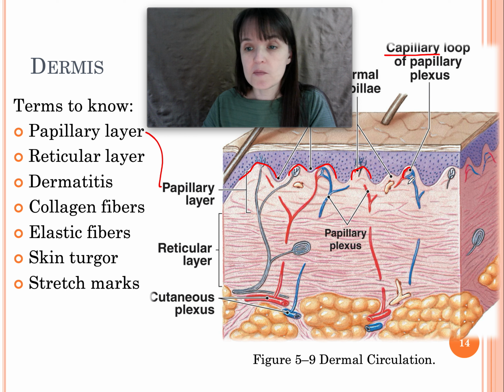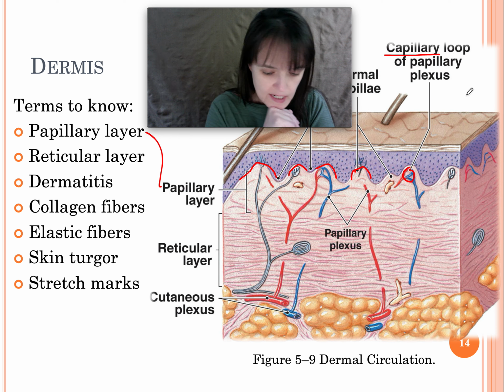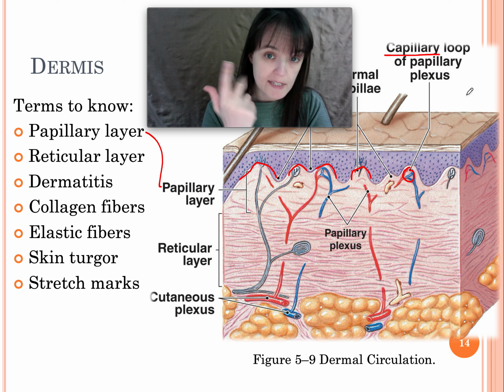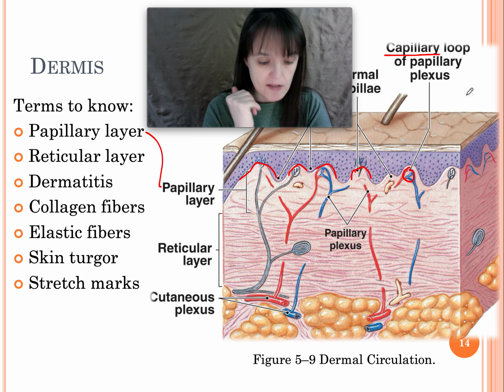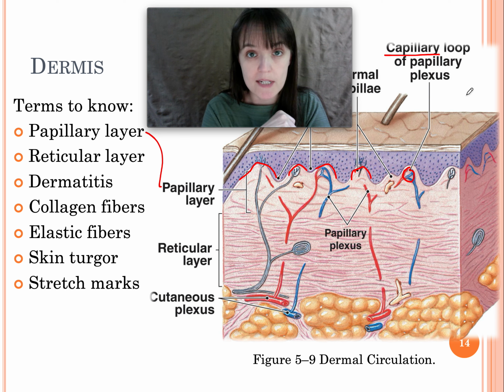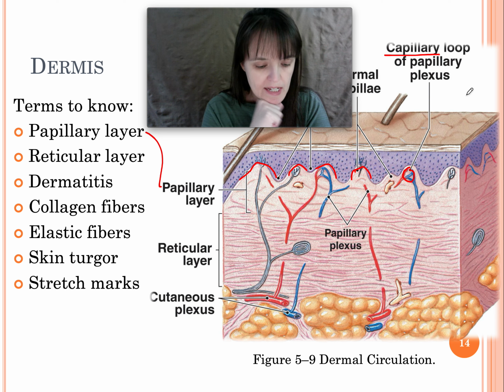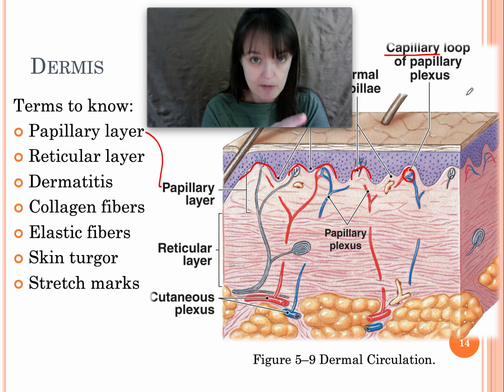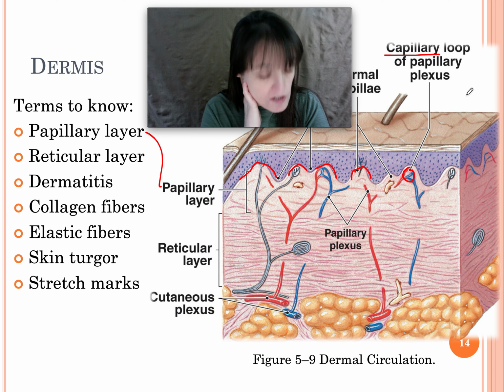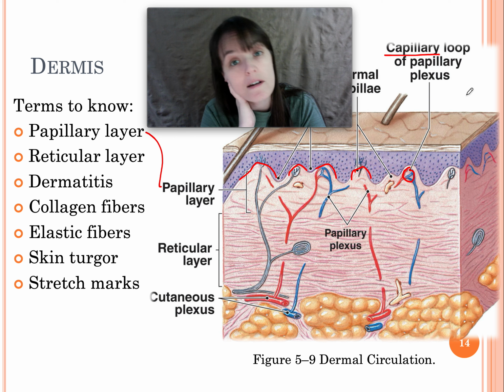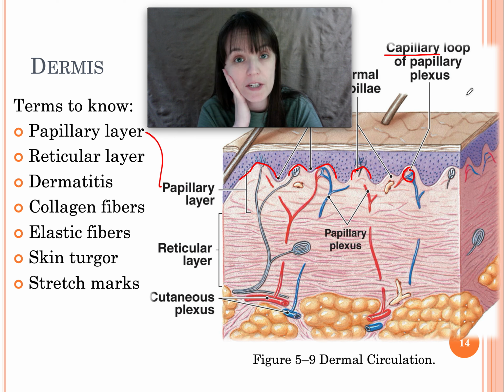Capillaries are the smallest blood vessels where the arteries and veins meet. It's an exchange surface, but we'll get there next semester. Capillaries, lymph vessels, sensory nerves, the most superficial blood supply to the surface of the skin. And of course the bumps are called the dermal papilla, which we mentioned. Dermatitis is inflammation of the papillary layer. Now with dermatitis, you would think it would be inflammation of the dermis, but it's not the whole dermis, it's